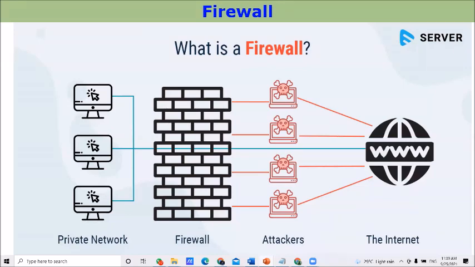We are using firewall to protect from various attackers coming through the internet. And these attackers, most probably the firewall protects from malware or viruses, various types of viruses. But think about how you can protect your computer, your network from unauthorized or unnecessary websites. Right?